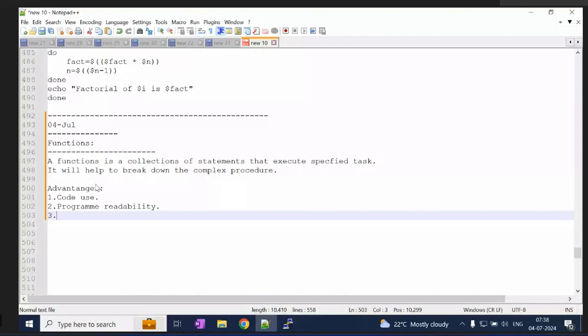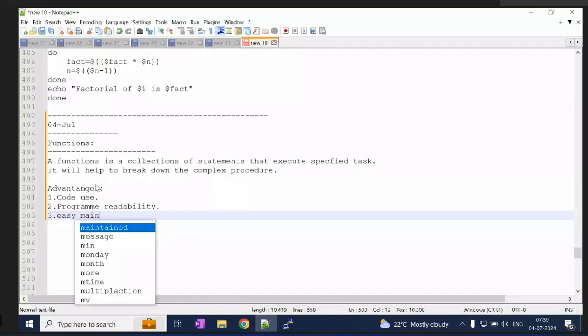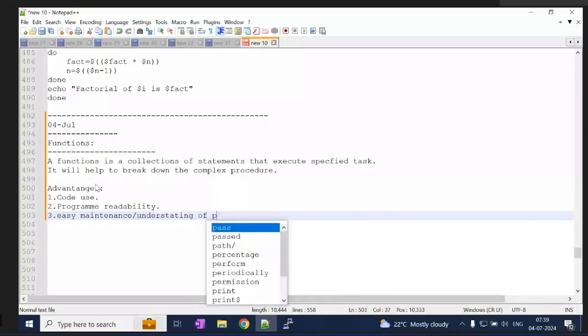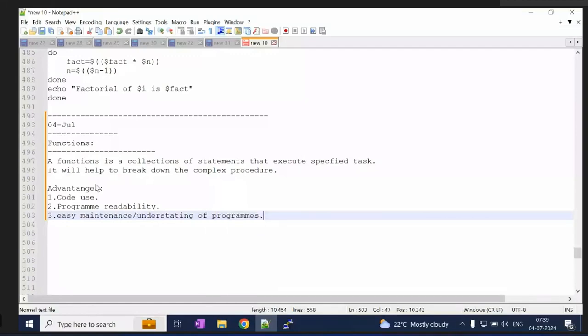Easy maintenance and easy understanding, for a better understanding. So these are a few of the advantages of functions.